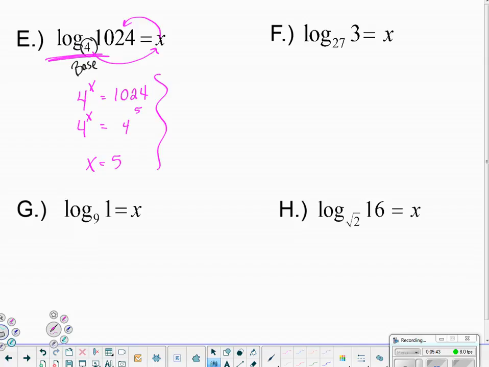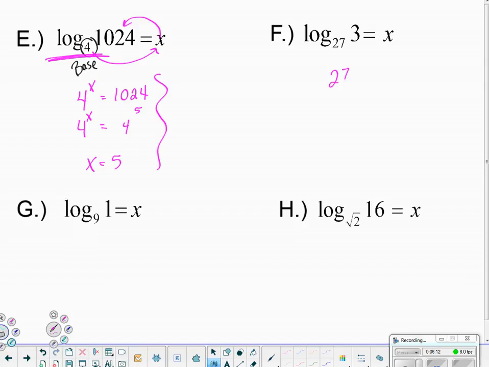On the TI-84s at least, if you go alpha and hit the window button, which is F2, you're going to pick up a log where you can insert your own base and your own value, your own argument there, and you would find out it's 5. All right, 27,